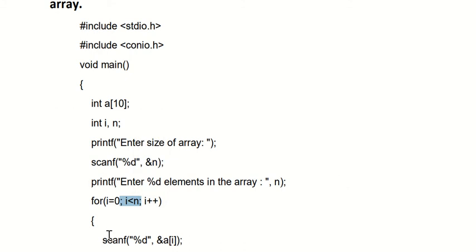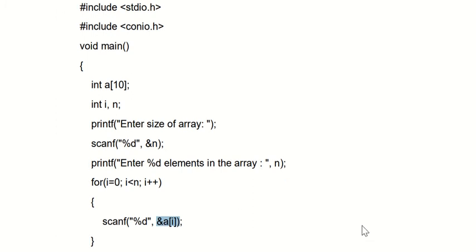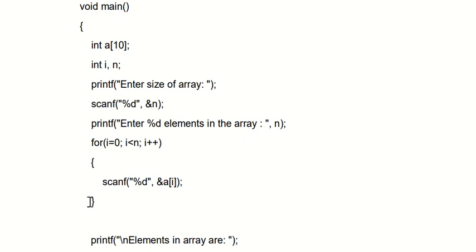Scanf means we are asking user to enter any one number, different random numbers. For example, user will enter 5 or 10 or any random number. That will get stored in a of 0, because the value of i is 0. So a of 0 will have the first value. Now the closing bracket, which means i plus plus, so we are incrementing the value of i by 1. Now again the condition 1 less than 5, obviously the condition is true.